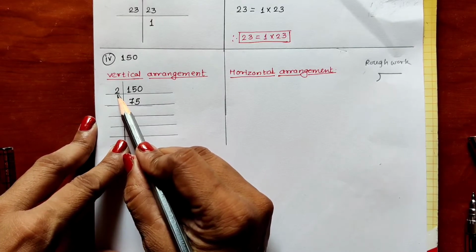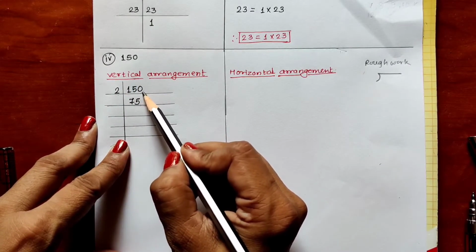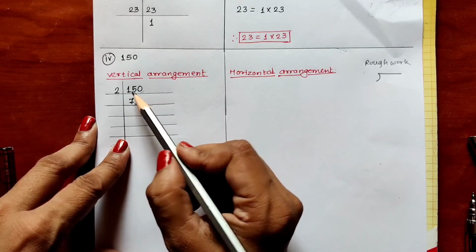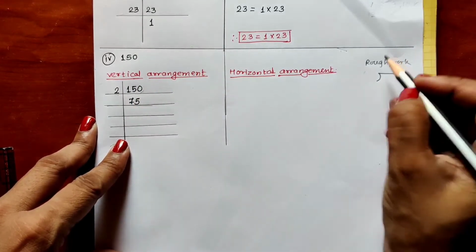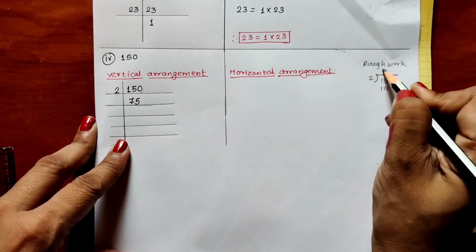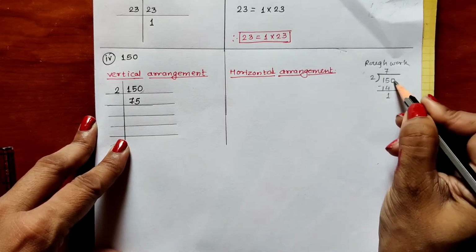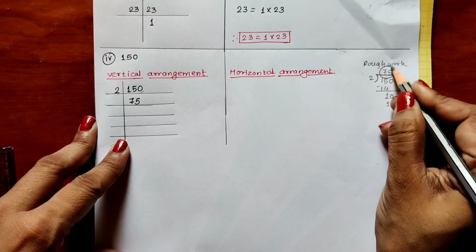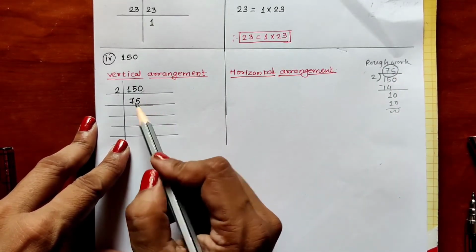We all know how to get the first factor. We have to check which number is there in the unit place. If unit place number is 0, 2, 4, 6 and 8, first factor will be 2. And for finding the second factor, we can divide the number by 2. So 2 sevens are 14 we get here. 15 minus 14, 1 remaining. This 0 is 10 and 2 5s are 10. In this way we have got 75 as the answer, and that 75 is the second factor which we have written here.